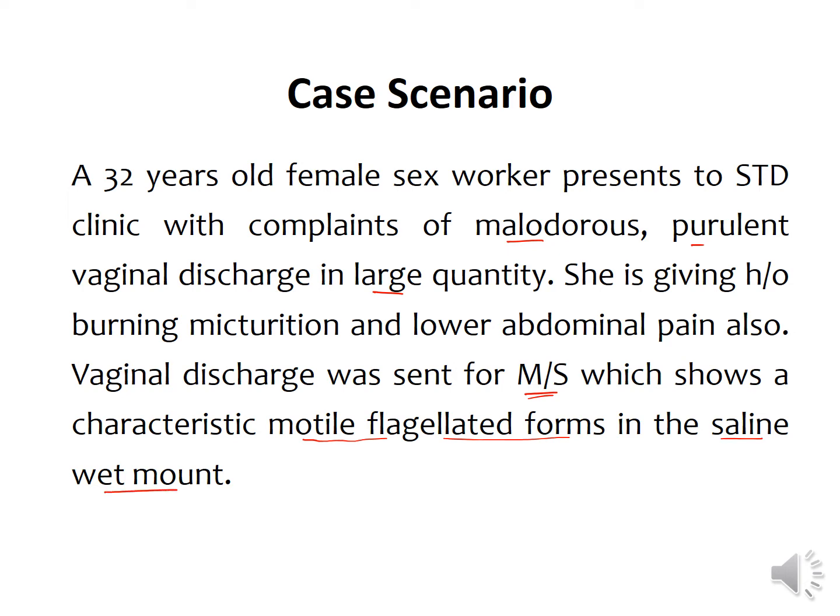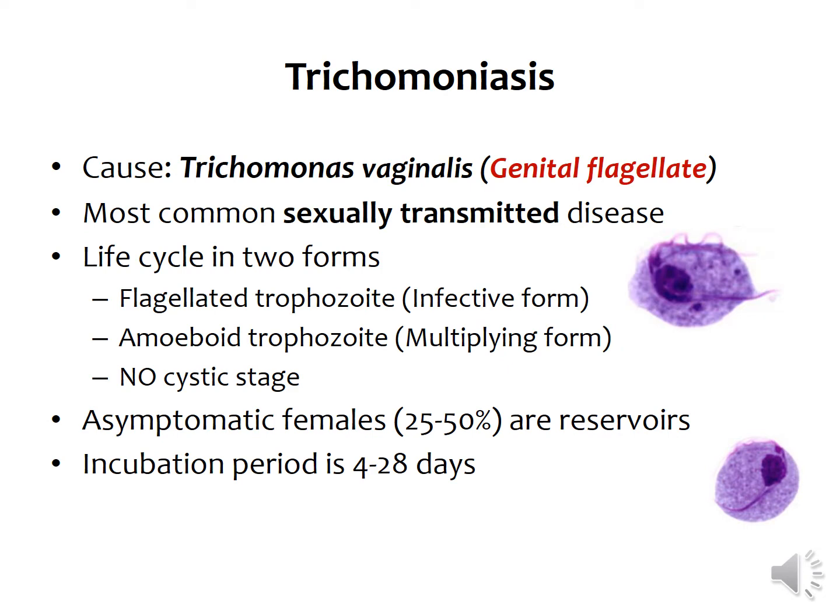So this is the case scenario related to this particular disease, that is trichomoniasis. So this trichomoniasis is a vaginal disease produced by the Trichomonas vaginalis, which is a genital flagellate and comes under the protozoans. It is a protozoan, and it's the most common sexually transmitted disease, and its life cycle involves two important